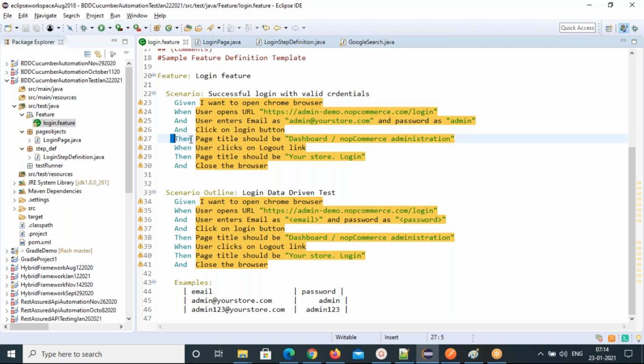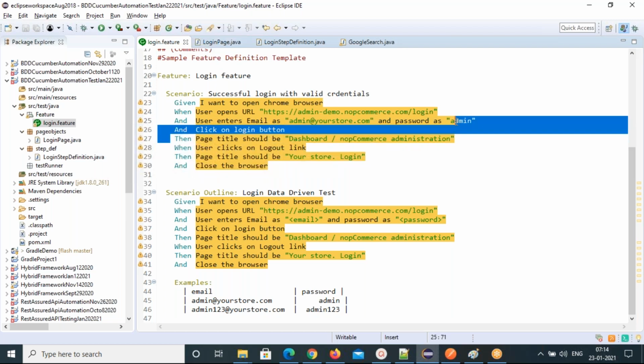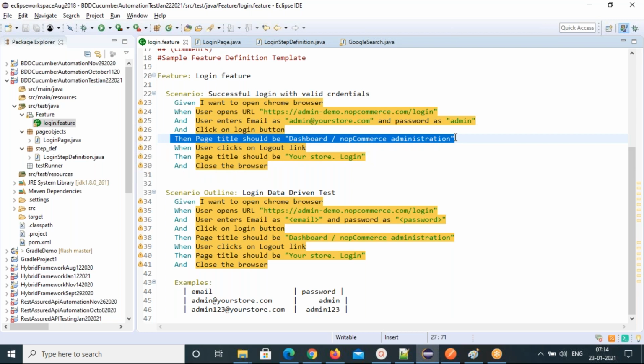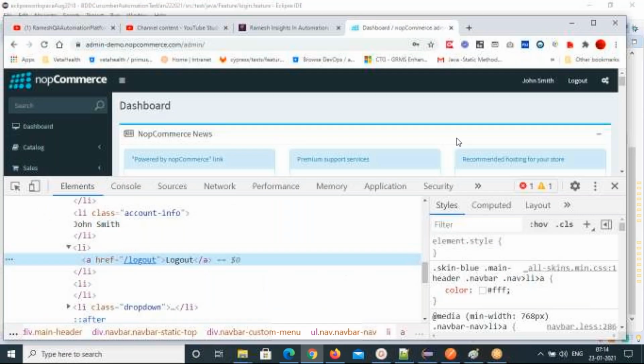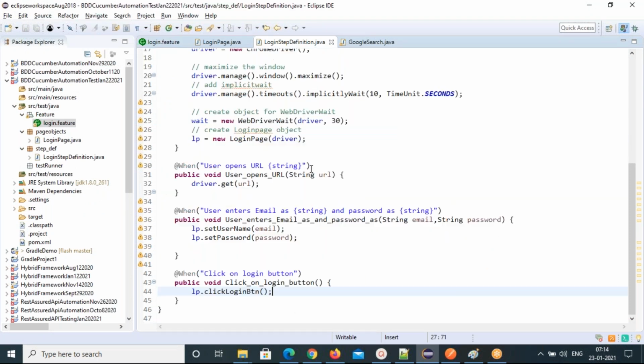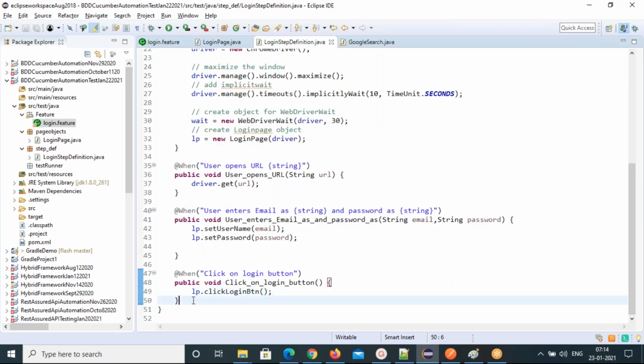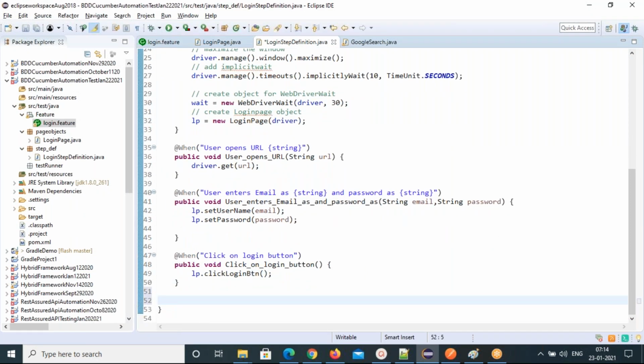So then we are developing the Then keyword. Are you clear how we are developing? Now write Then. Copy this entire thing. Next, @Then, parenthesis, double quotes.